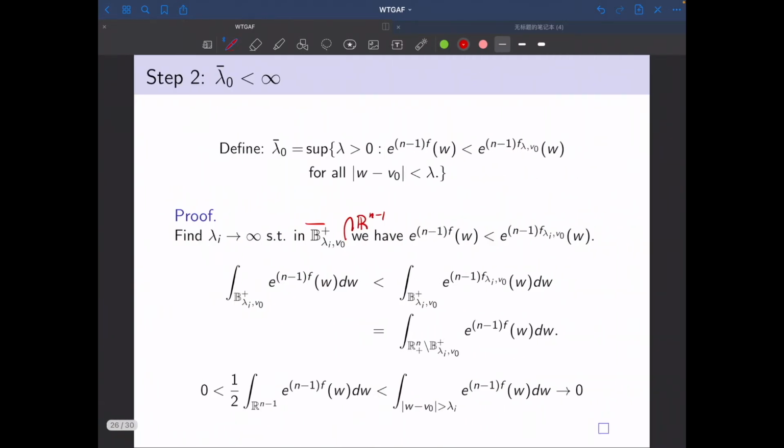The second step is to prove that the critical lambda naught bar cannot be infinity. The definition of lambda naught bar is to take the supremum of this set over here. This set will not be empty just because of the previous step. Step 1 makes sure of that, and then we can take the supremum. Step 2 is to prove that the supremum cannot be infinity. The proof is actually very straightforward. Just by contradiction,